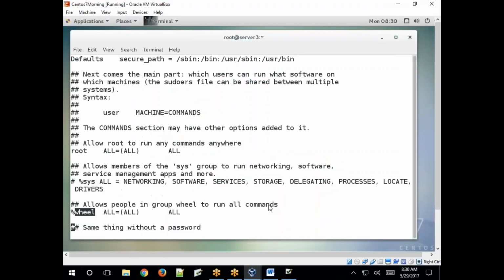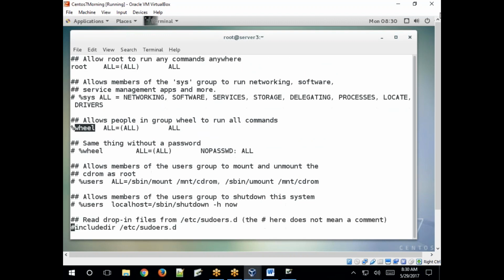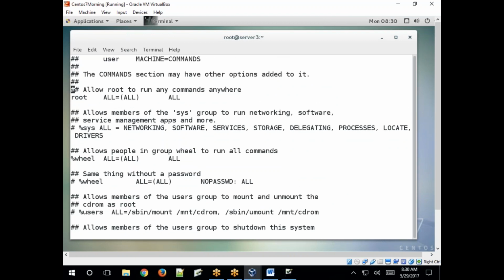See, like this. Here groups are already created, predefined groups. So now add users. One second, check the user accounts.